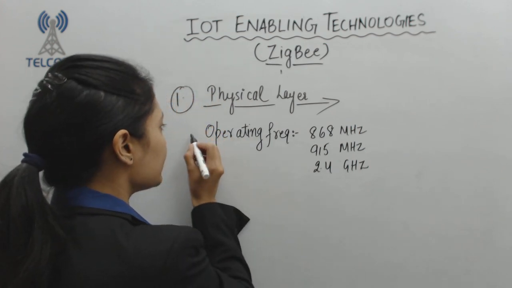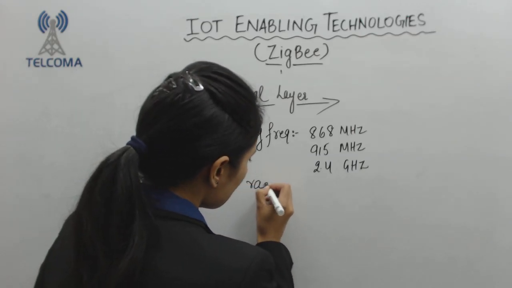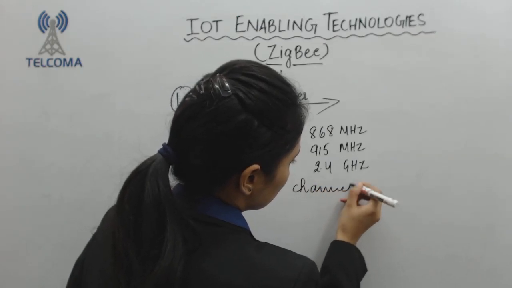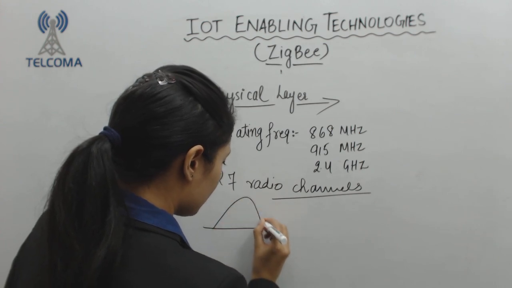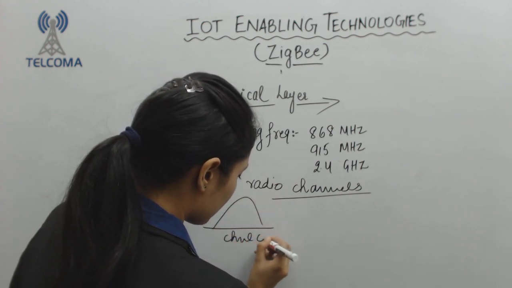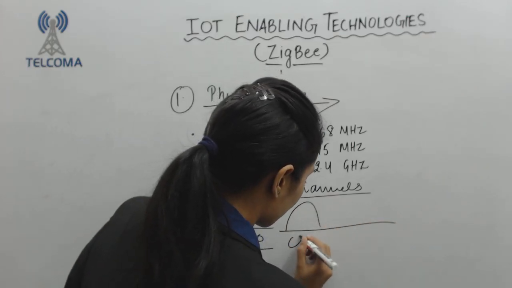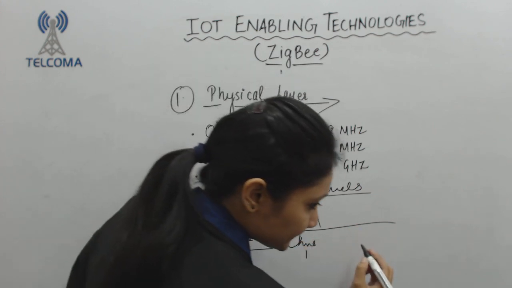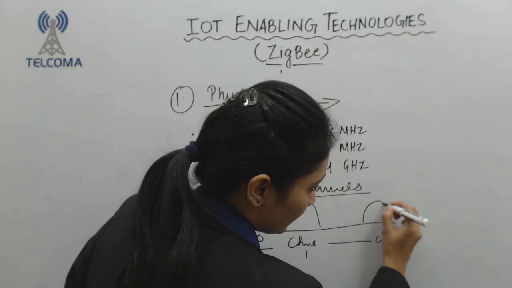And it has 27 radio channels. Now, if I have this as the first channel, channel 0, which is your low power channel, then from channel 1 to channel 10,